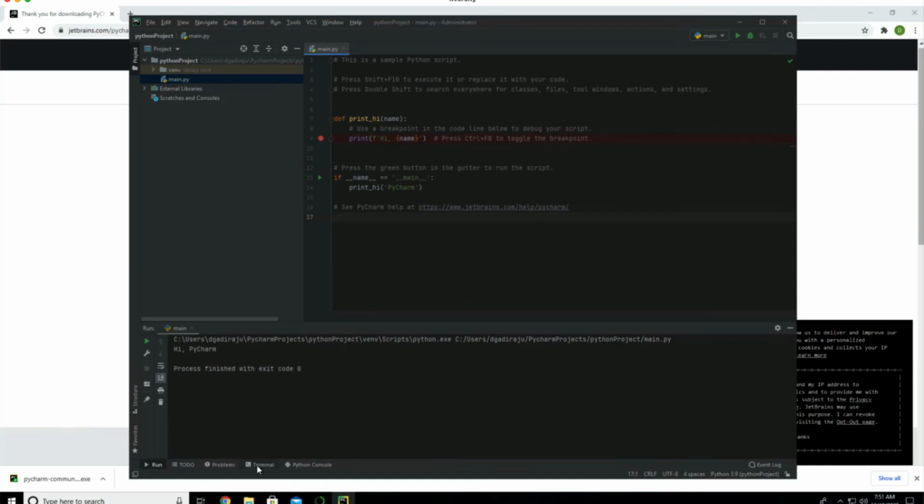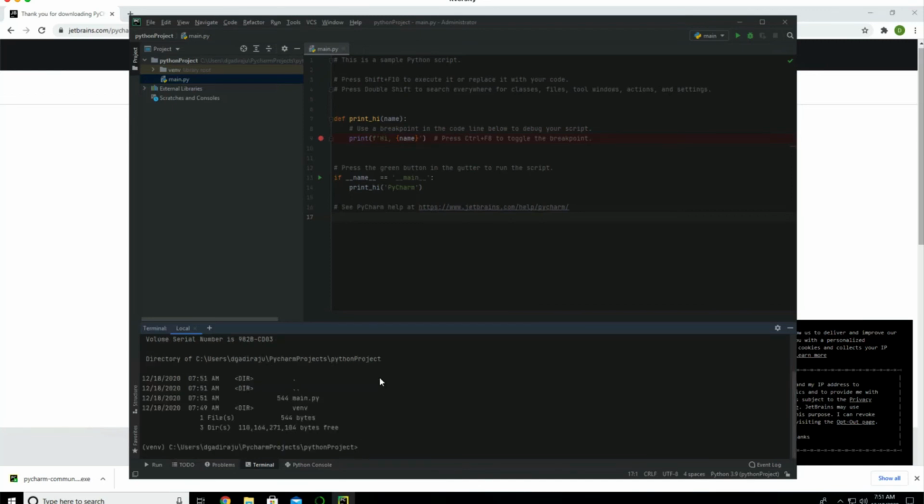One interesting aspect is the terminal. You can click on Terminal. As this is a Windows based environment, you should be able to run all DOS commands here, such as dir to list the files or folders. If it is a Linux or Mac based environment, you can use Linux or Mac related commands to interact with the file system. This is typically used to build the projects to deploy on remote machines. We will get into those details as and when it is required. For now, we just installed PyCharm, set up a project, validated it, and launched the terminal.